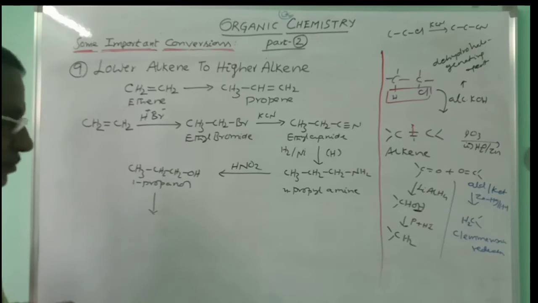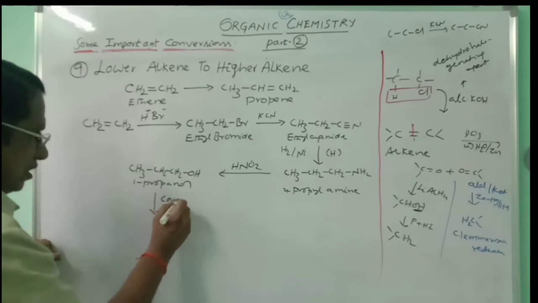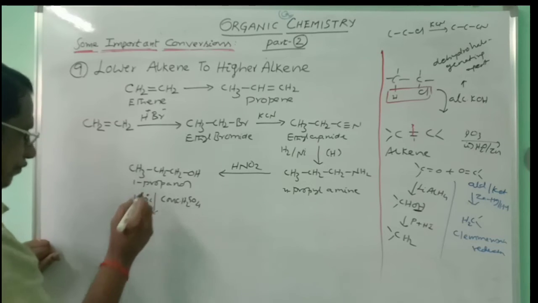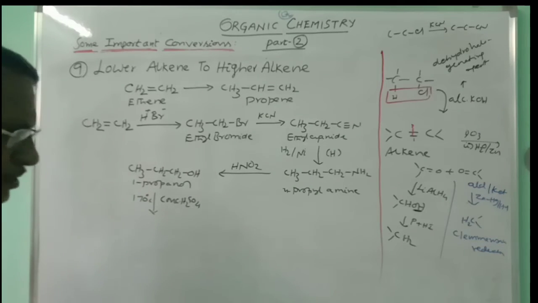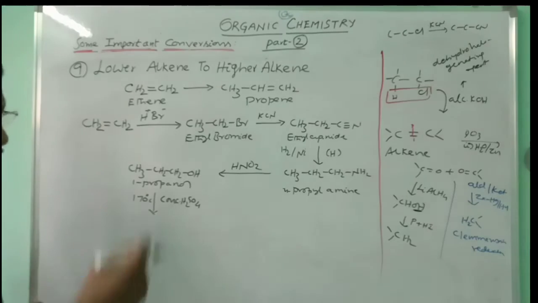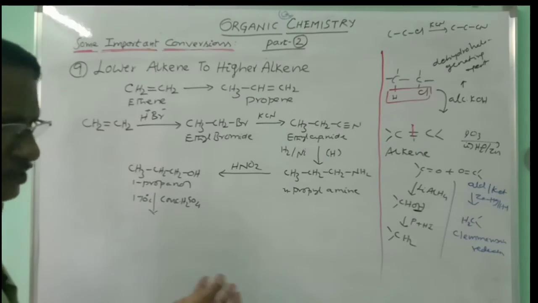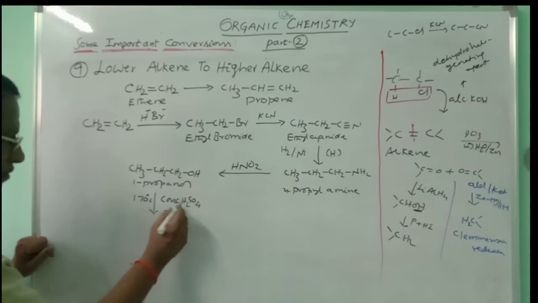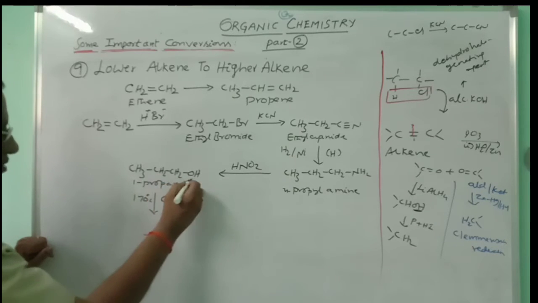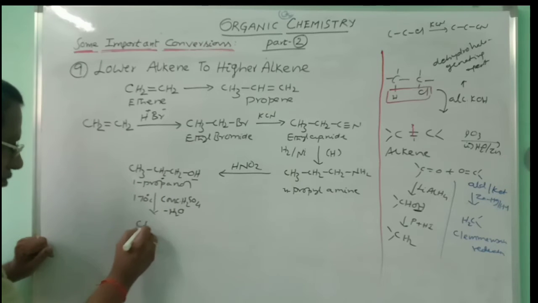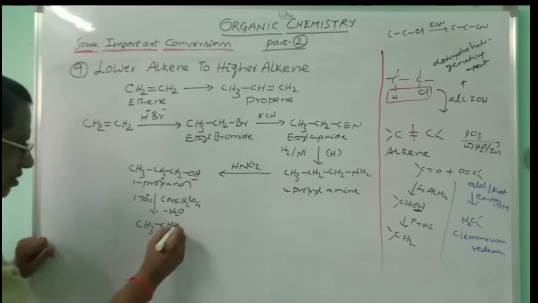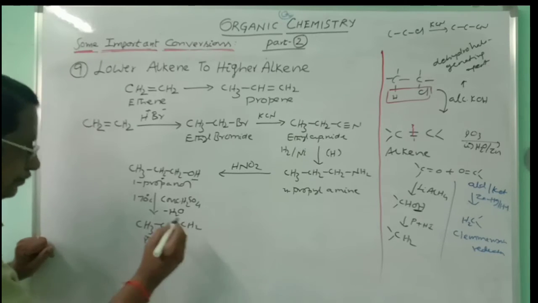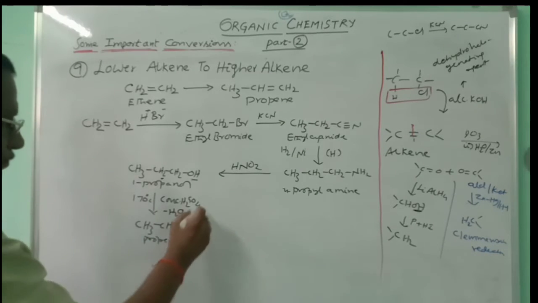Dehydration. That means it is to be heated with concentrated sulfuric acid at about 170 or even lesser temperature. If it is ethyl alcohol, 170. If it is propyl alcohol, it is sufficient, we heat it to 140. So here dehydration takes place, minus H2O, OH and H, this will be going away. So you will get here CH3CH=CH2. That is propene. This is the way you can do.